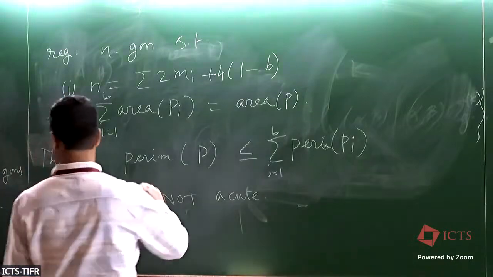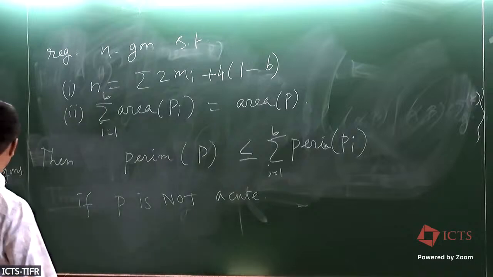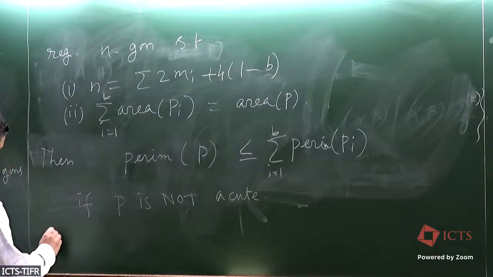Okay, so this is the isoperimetric inequality we have proved, and as a corollary